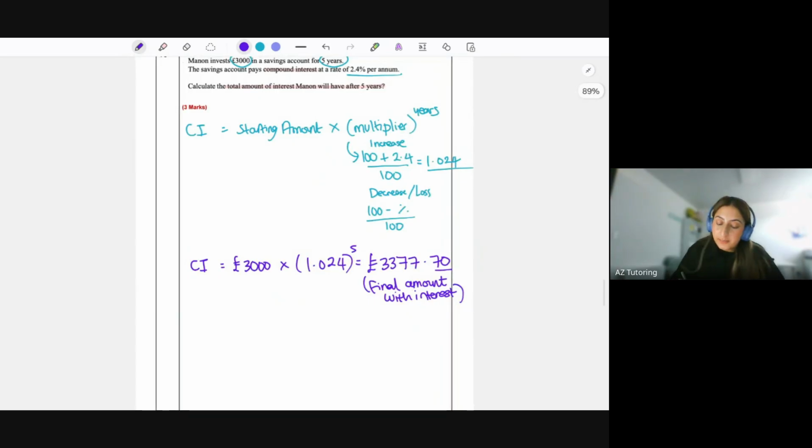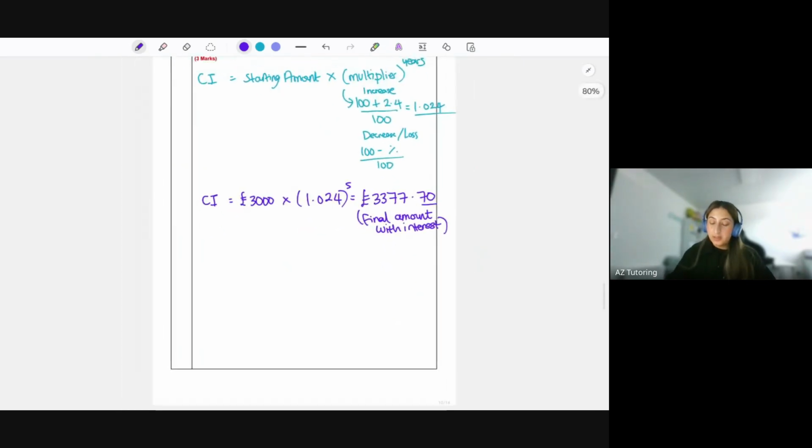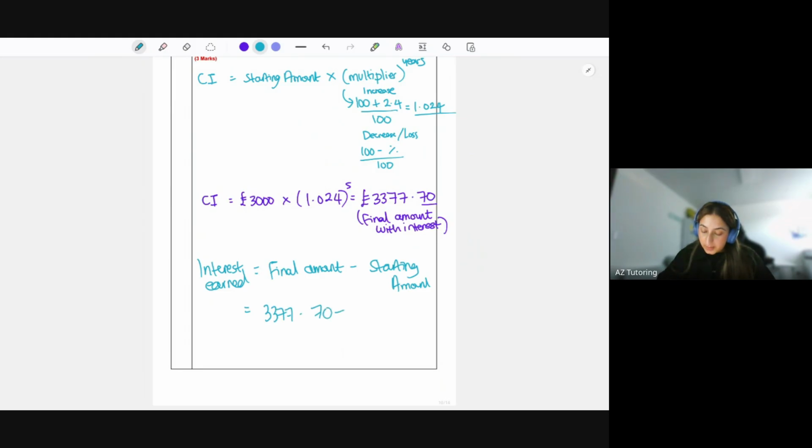The question in itself is asking you what's the total amount of interest he's earned. So interest earned will be the final amount in his bank minus the starting amount. So you find the difference between them, you'll actually see how much interest was added on top. So the final amount was £3,377.70 minus £3,000, which was what he started off with. So the amount of interest he's earned is